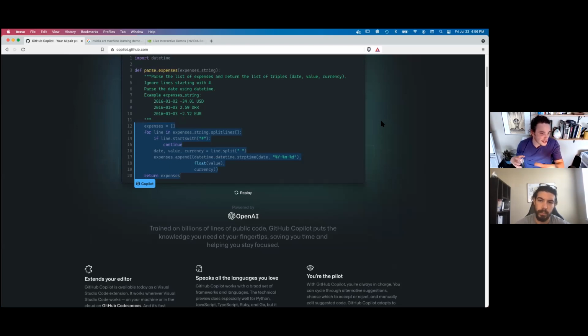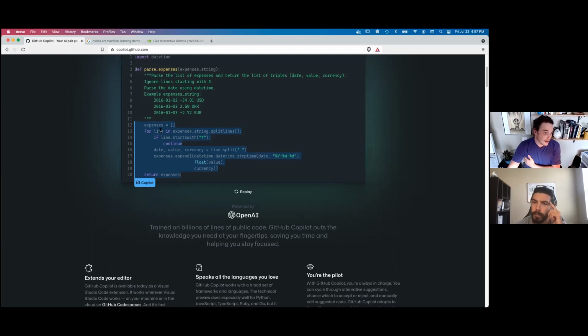This is meant to, and GitHub being a developer oriented product, this is solving developers' real-time problems. I kind of need this thing. Or maybe even while I'm filling out the body of it, it can start